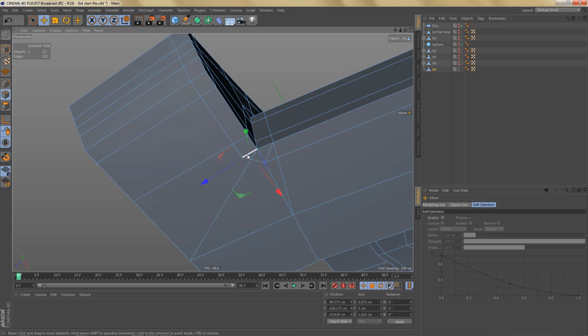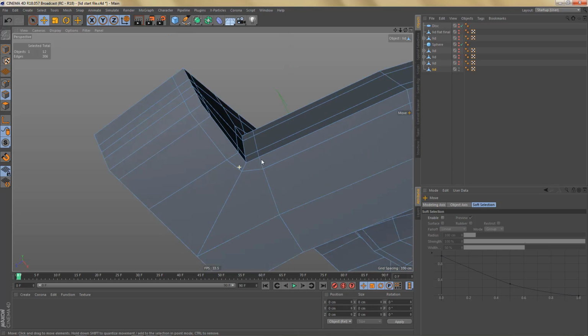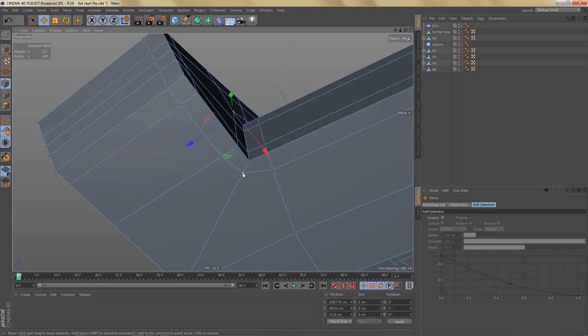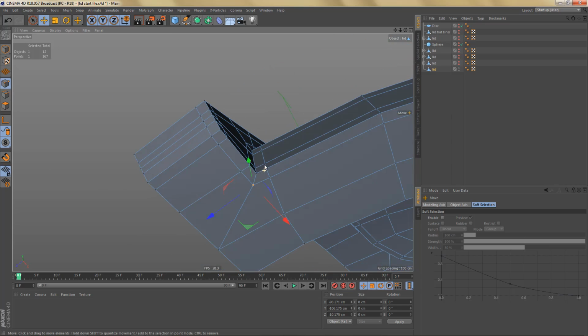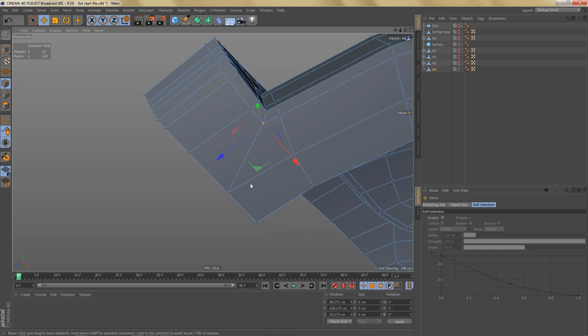So now we can dissolve these edges here and these ones, and that will give us our quad topology down here. Let's go ahead and move this point over a little bit and even out everything like this. And you can see we're still getting a complex pole here, but